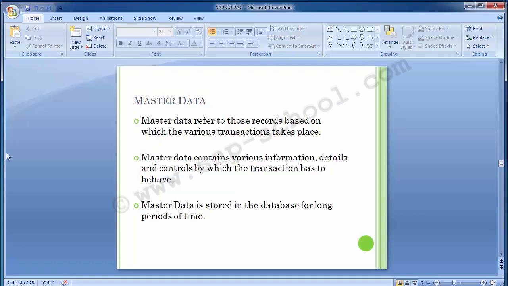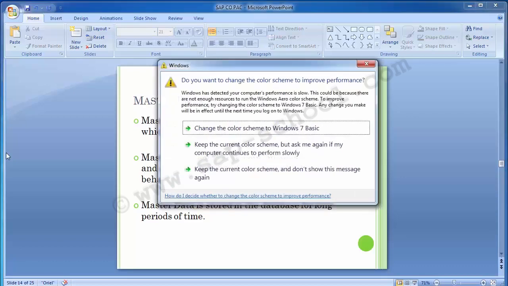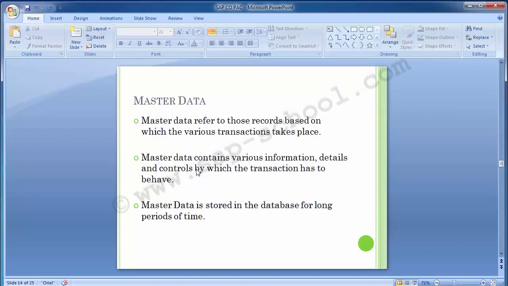If you have done the SAP FI module, while creating the GL master or any of the other masters like the customer master, vendor master or asset master, it contains all the basic information related to that particular master data. At the same time, it controls other information related to the same master data,